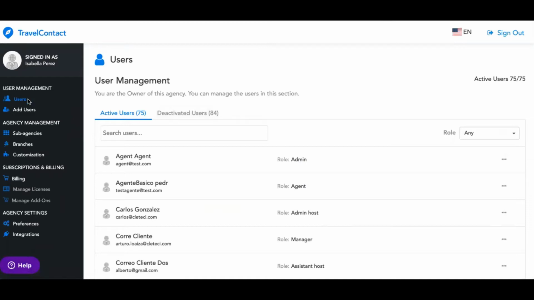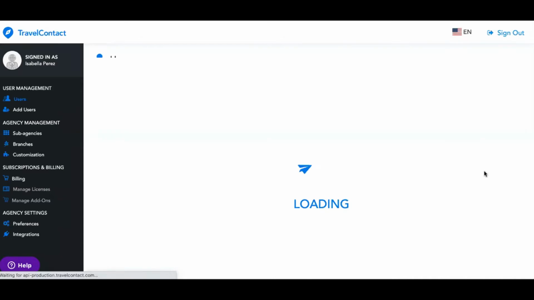So from user management, you're going to see a list of all the users that you already have in the agency. You can use these options here to the right. If you click, you can see user details. So if I click on user details,